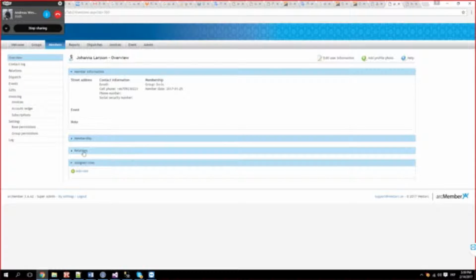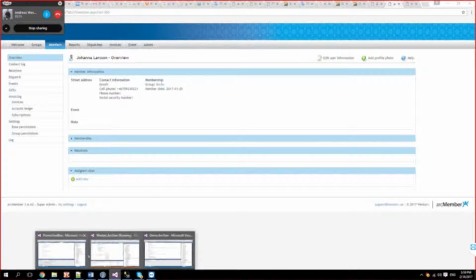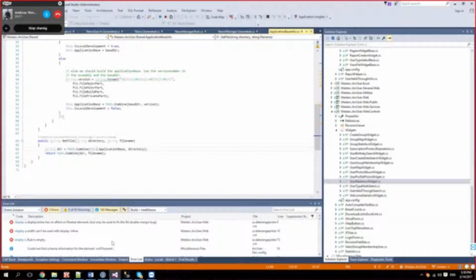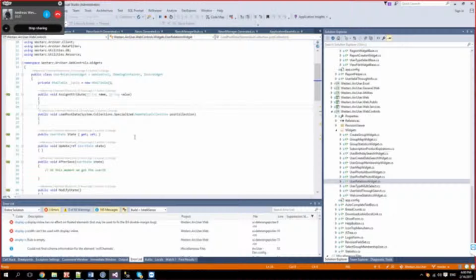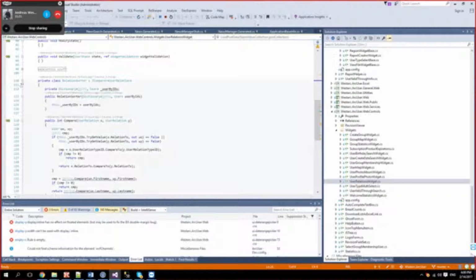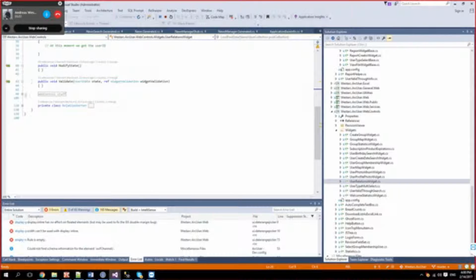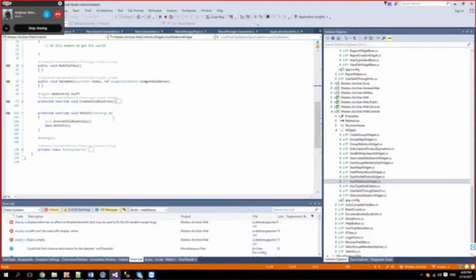So now we see that the relationship widget should have ended up in here, or it did actually, but it didn't do anything. So if we just put a breakpoint, we probably have a render, create child controls on init.